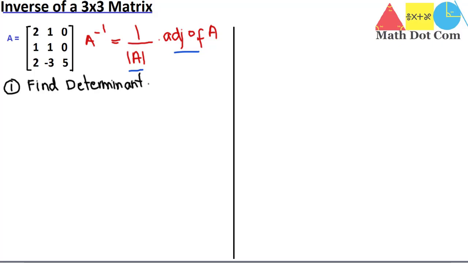So let's find the determinant of a 3 into 3 matrix quickly, as we have already seen in our previous lectures how you can quickly find the determinant in just 2 minutes. So let's see how we can do it here. As we are given the matrix, A determinant will be equal to, first you have to start with the plus sign and write this element, plus 2, and then multiply it with the matrix. Which matrix? That will be obtained by deleting the row and column in which that element lies. So we will get a matrix that is 1 0, minus 3 5.